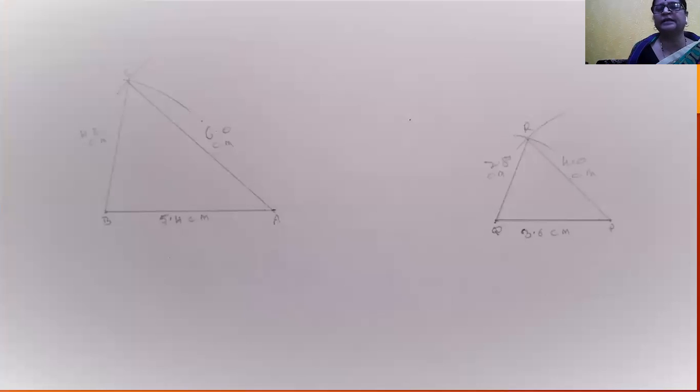They look so similar, but their measures are different. These two triangles we have constructed, and we can see them here in this figure. The first triangle is ABC, and the second triangle is PQR. We have constructed two triangles here. You also construct these triangles, and if you have any doubt, you ask me. Thank you.